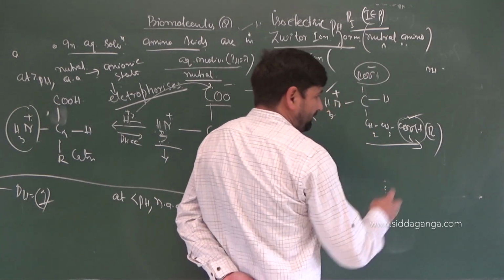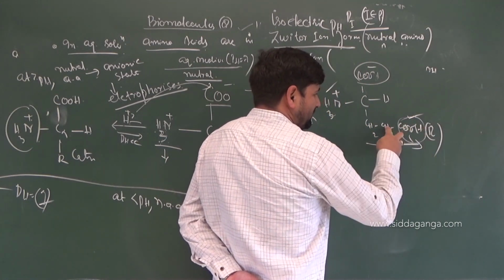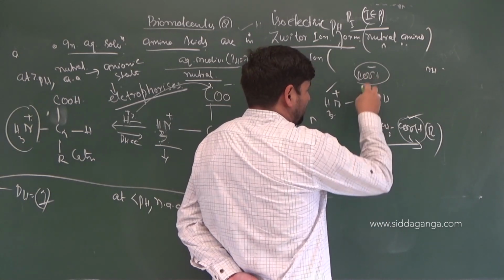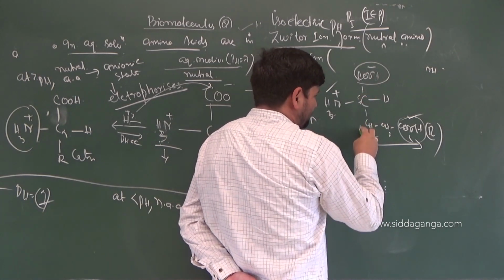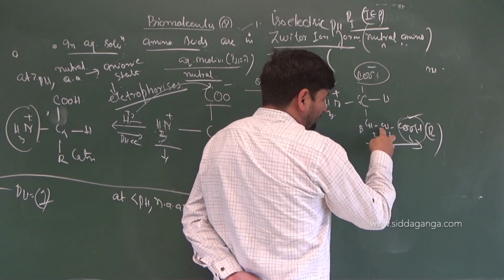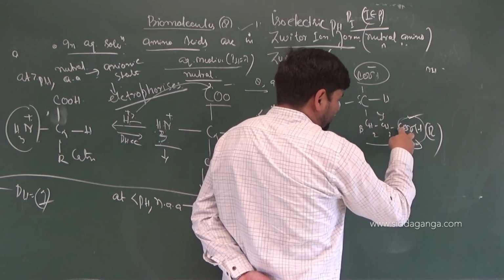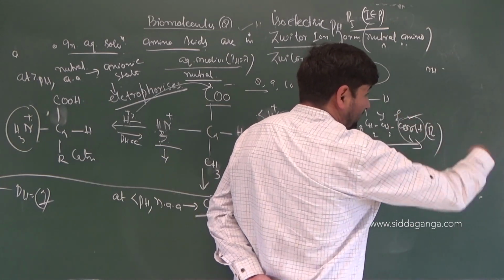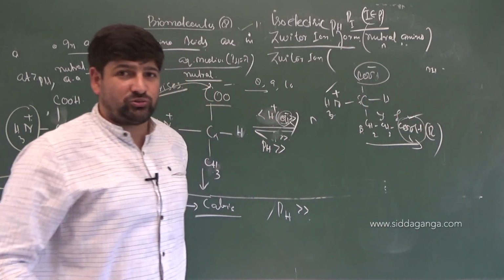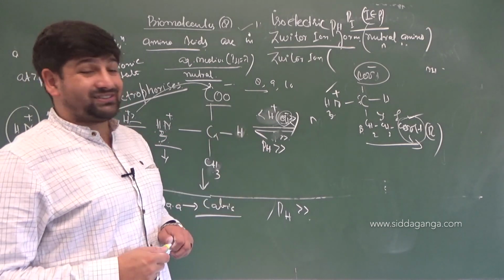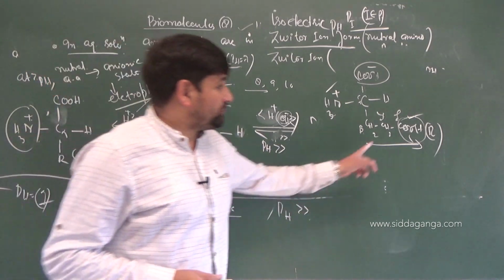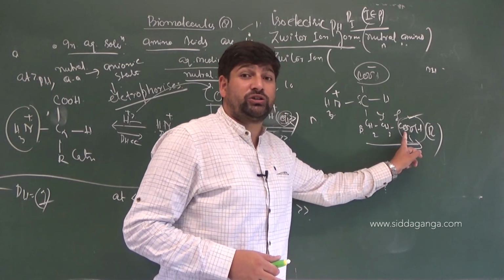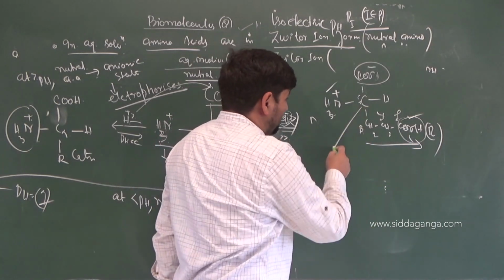That will do what? COOH group you got here, CH2. This is what carbon? C alpha. This is called beta carbon. This is called gamma carbon. This is called delta, and so on as alpha, beta, gamma, delta, eta, theta, and so on and so forth. Different types of carbons on the side chain will be present. Got it? So different reactions will be shown by the side COOH groups also.